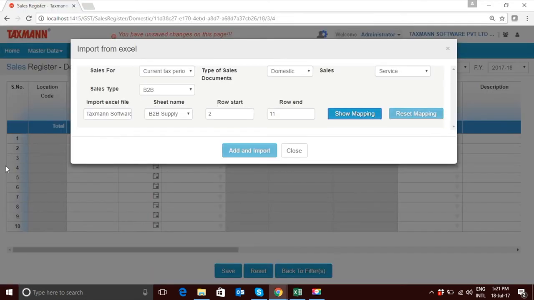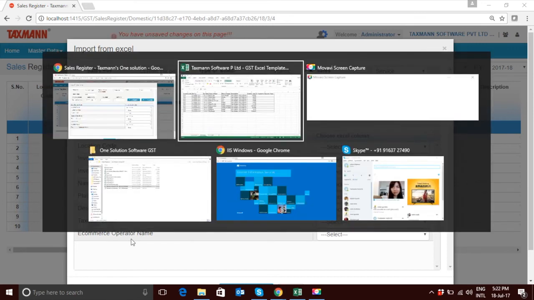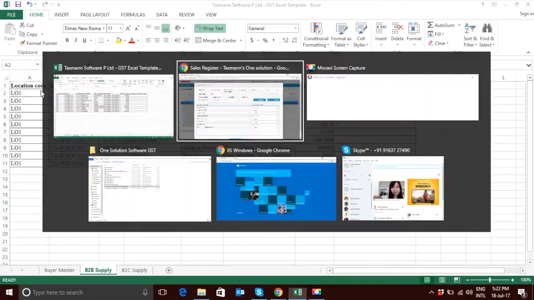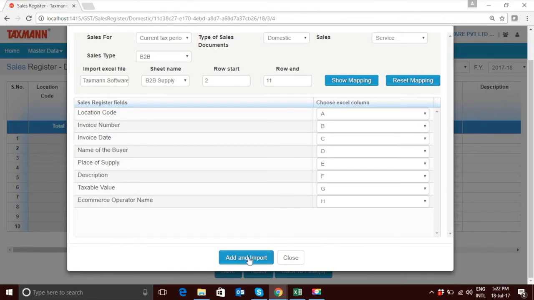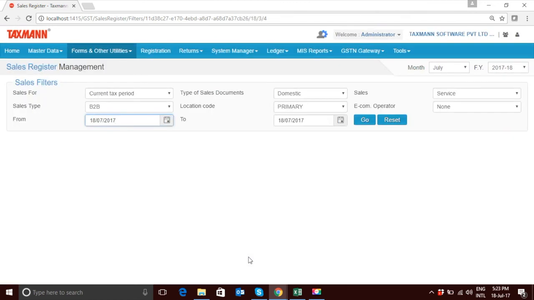Click on the Show Mapping tab. Once this is selected, kindly map the data contained in the Excel sheet with the sales register fields by selecting the respective columns in which the data is contained. If the import is done for the first time, click on Add and Import. A page will open which will display the processing status in terms of percentage of import of data from Excel. Once the data is imported,